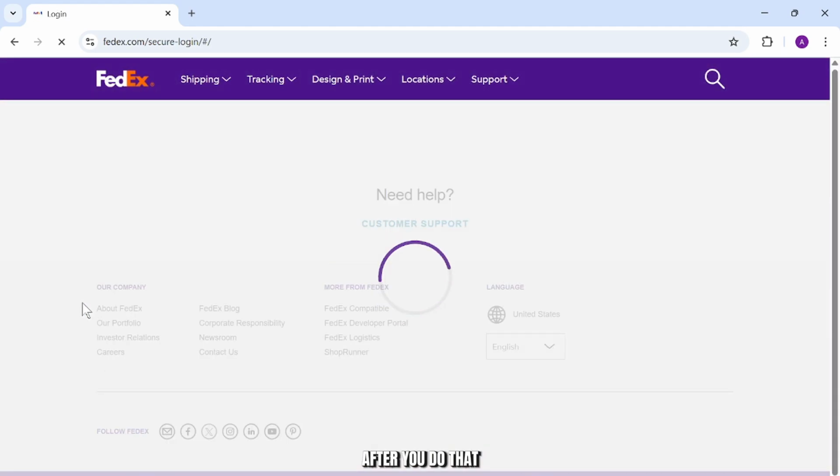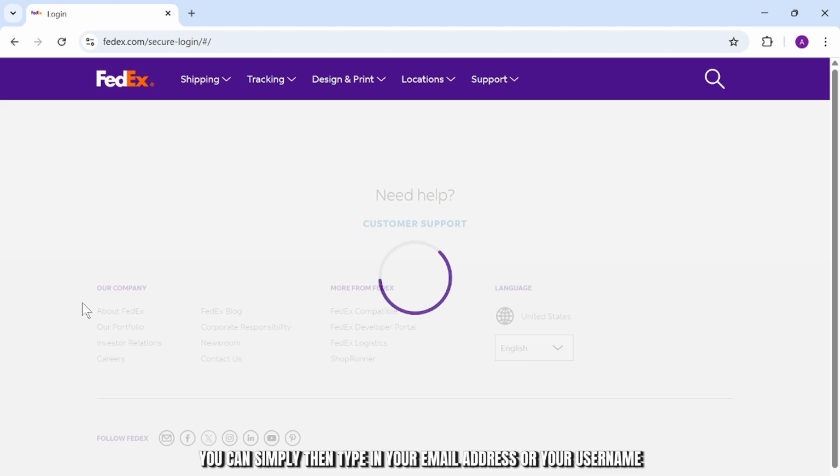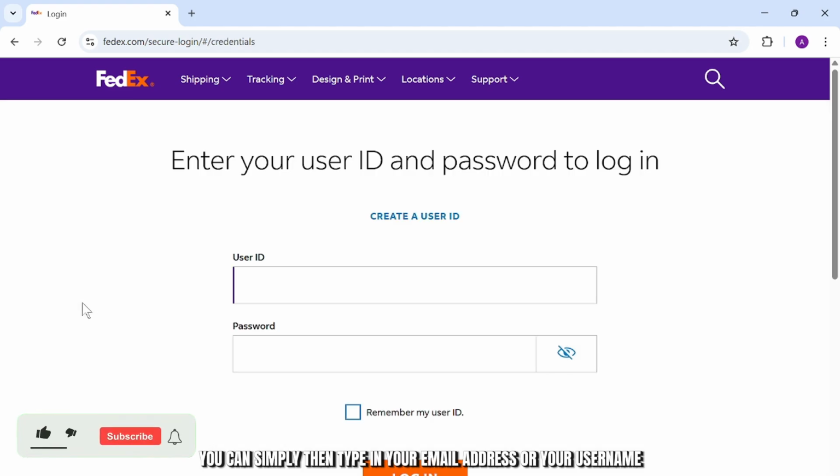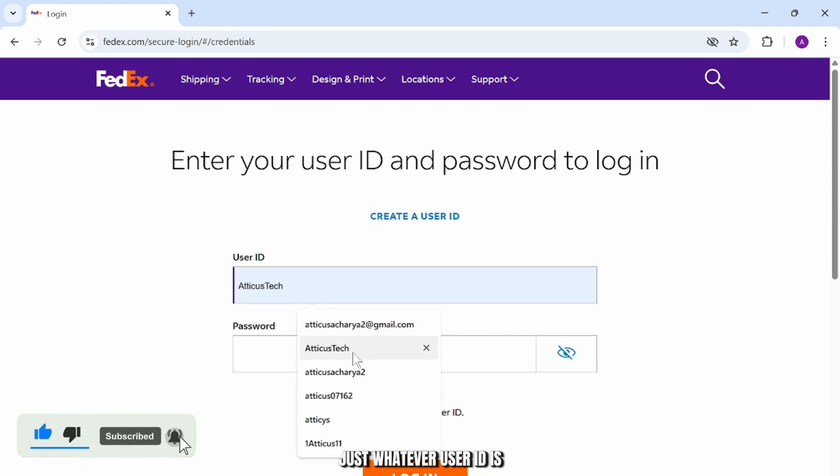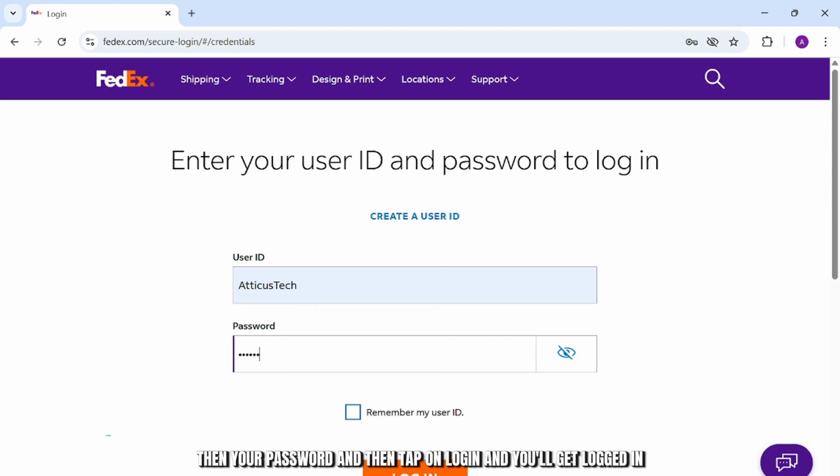After you do that, you can simply then type in your email address or your username and then password. So type in your user ID, just whatever your user ID is, then your password, and then tap on login, and you'll get logged in. And it's basically that simple,